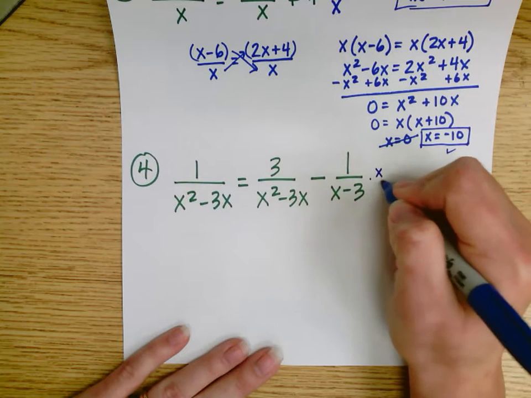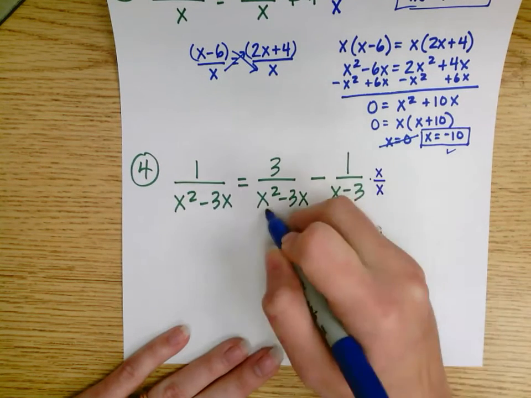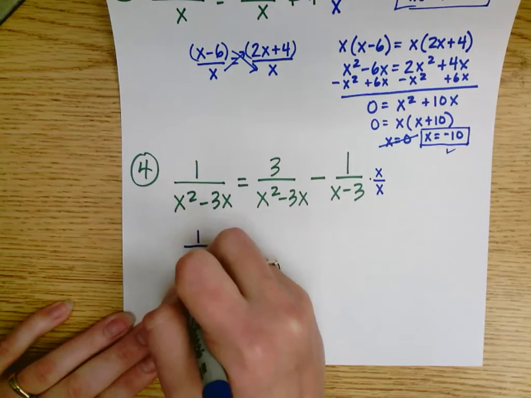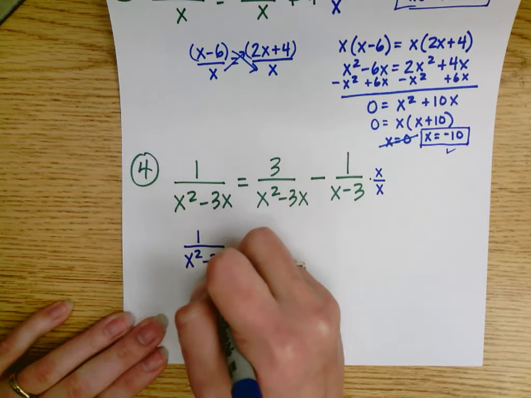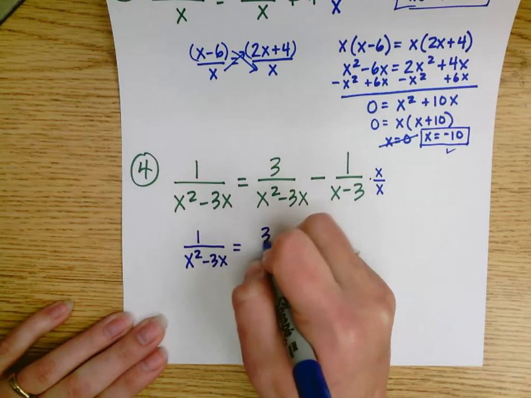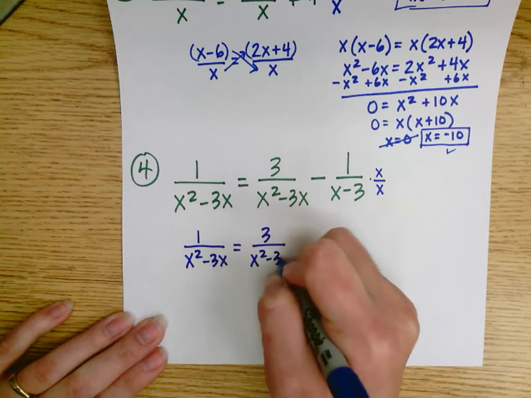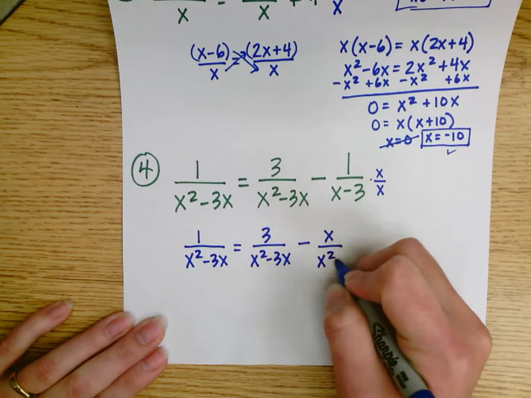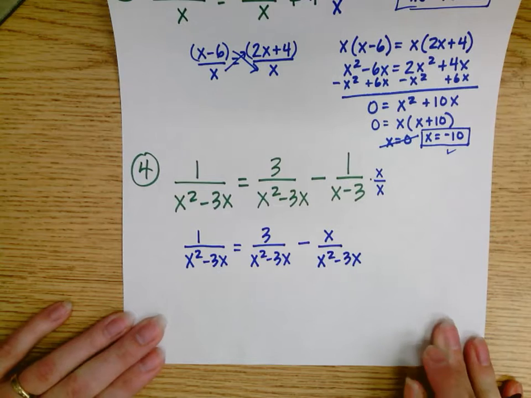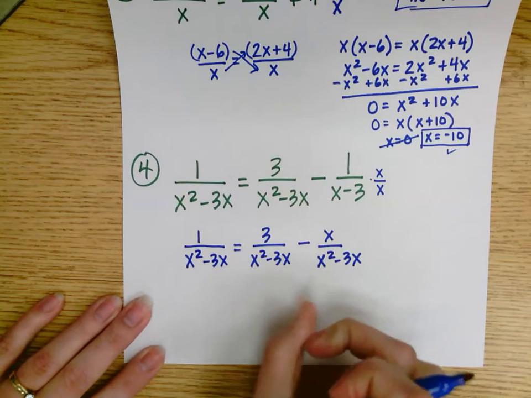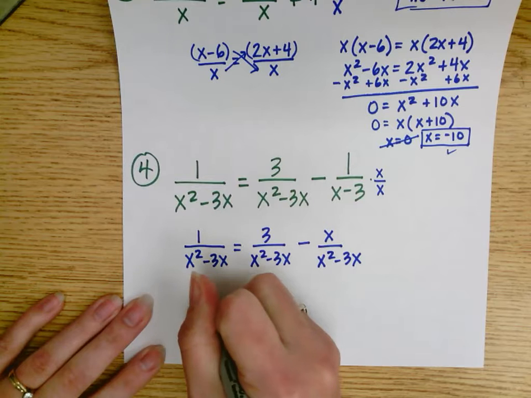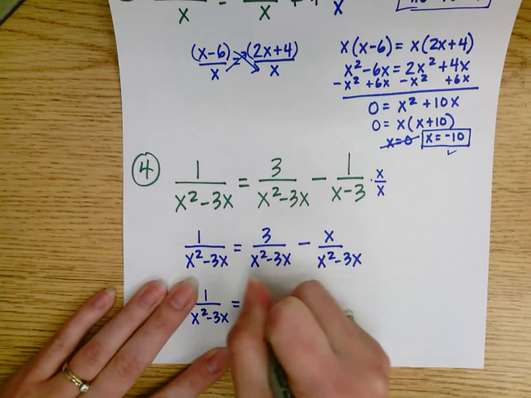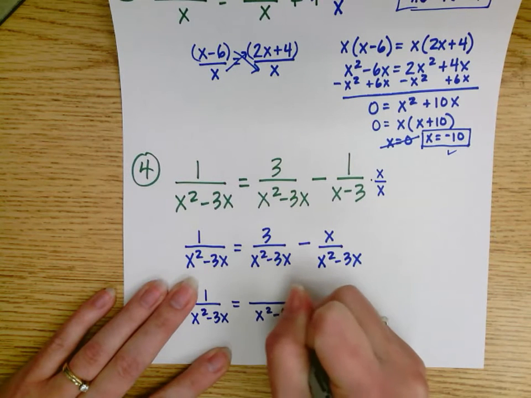So I'm going to multiply this by x over x, because x times x is x squared, and x times negative 3 is negative 3x. So that means I have x over 1 over x squared minus 3x equals 3 over x squared minus 3x minus, and then I'm going to go ahead and multiply, I'm going to get x over x squared minus 3x. Alright, we're going to get these two fractions together as 1. So I'm going to have 1 over x squared minus 3x equals, and here I've got x squared minus 3x,